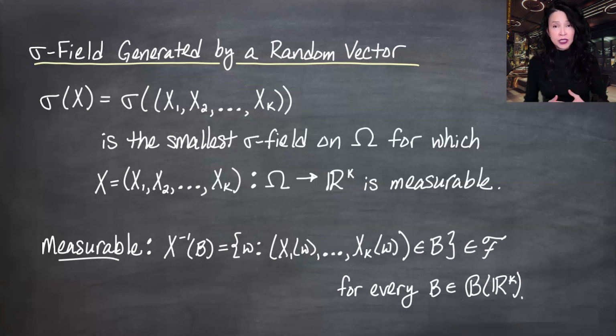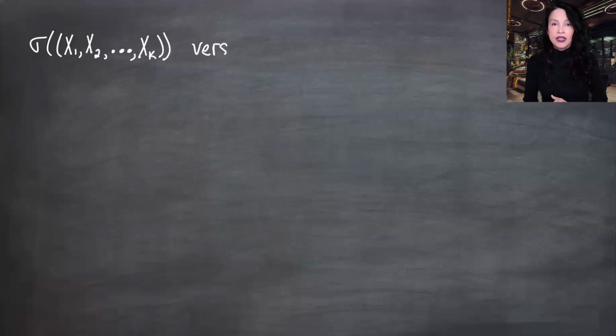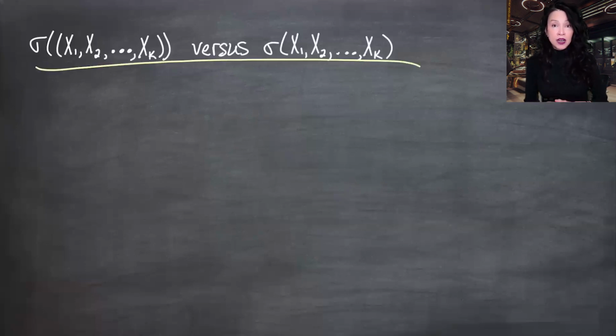In the last video, we saw a different kind of notation. We were always talking about k equals 2, but we talked about sigma of the vector with parentheses around it, and then sigma of just the X1 through Xk. These are the same thing. A lot of people don't even know they're different things and don't distinguish them at all. And after today, I'm going to stop distinguishing them.